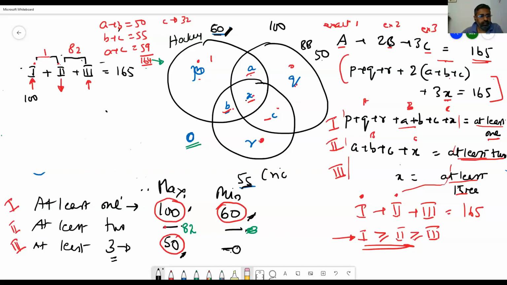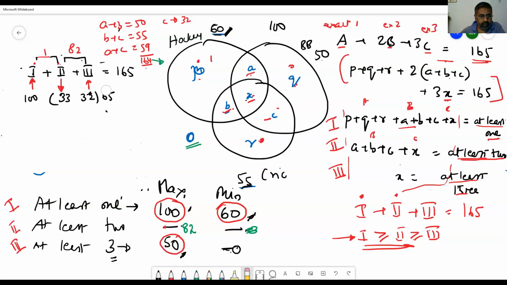And this has to be minimum. And then these two put together should be how much? These two put together should be 65, isn't it? And these two should be equal to or greater than this. So one possibility is 33 and 32. Okay, this is one possibility. Is this clear? This is one way of doing it.